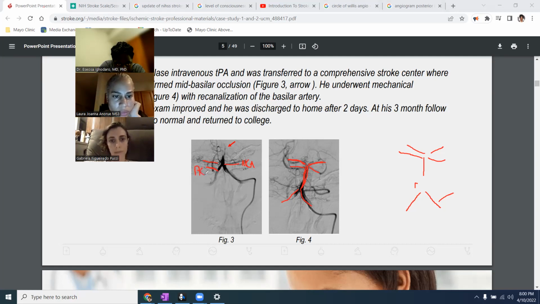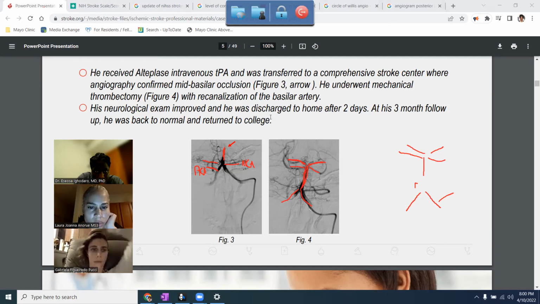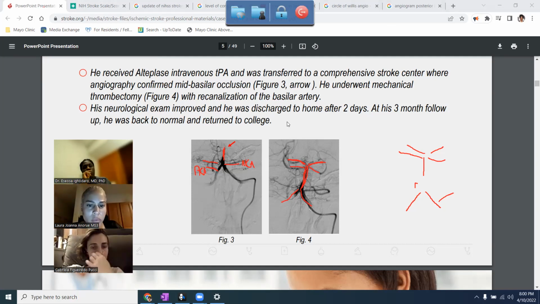PICA. Okay. And so his clot was in the basilar artery, yeah. Let's see what it says. His exam improved. Oh, so let's try and map. So if I hate the brainstem. So if he had left-sided weakness and imbalance and impaired level of consciousness, so we can understand why he